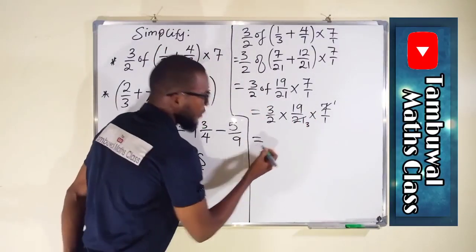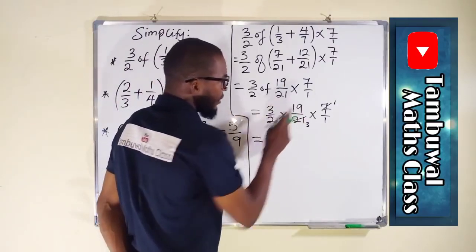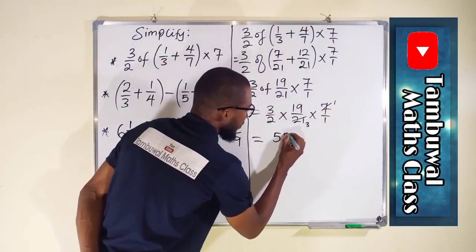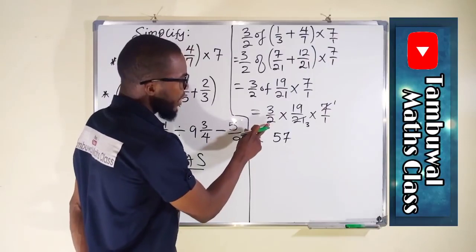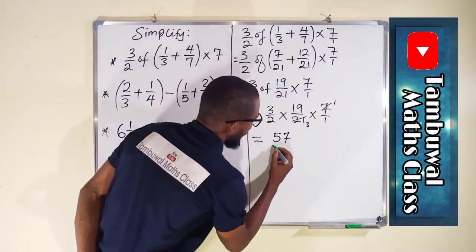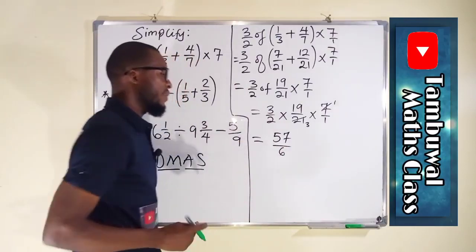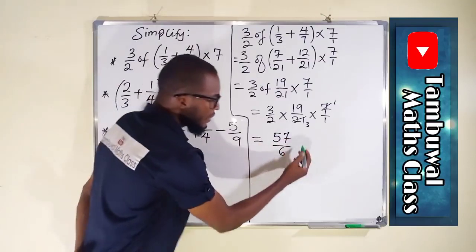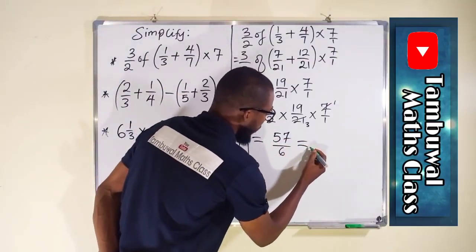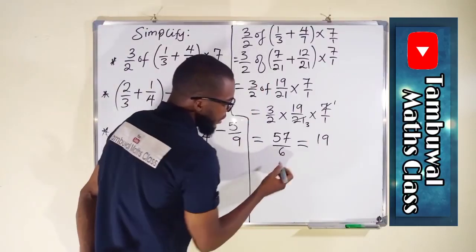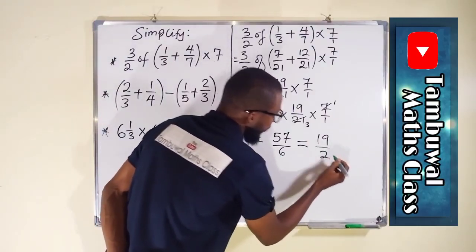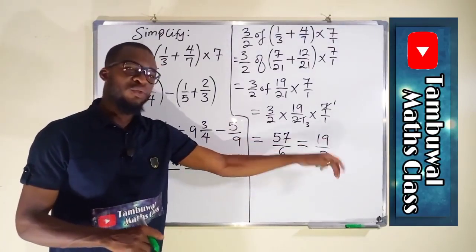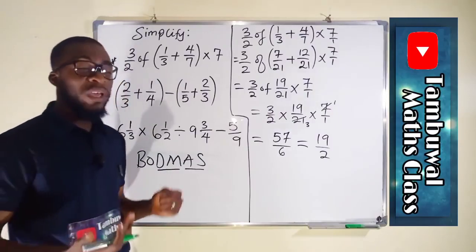So this is equal to 3 times 19 is 57. 57 times 1 is still 57. Here we have 2 times 3, which is equal to 6. So now let us reduce it to the lowest term. 57 divided by 3 is 19. Then 6 divided by 3 is 2. This is our final answer because 19 and 2 do not have any common factor, but still we can reduce it